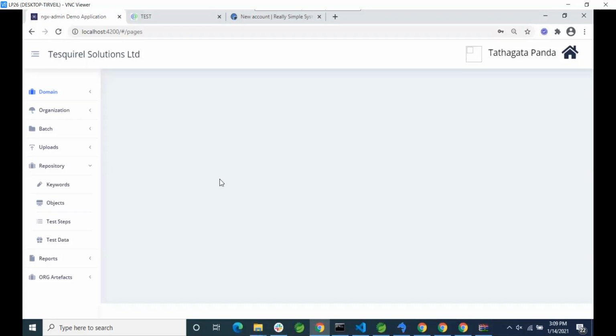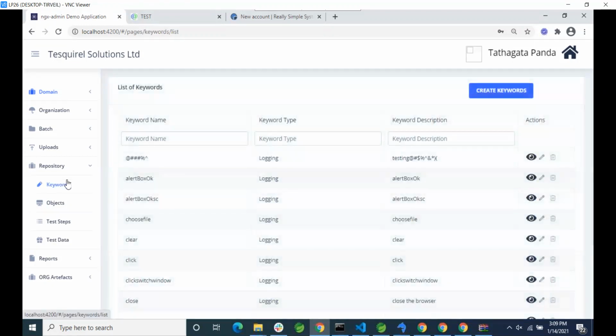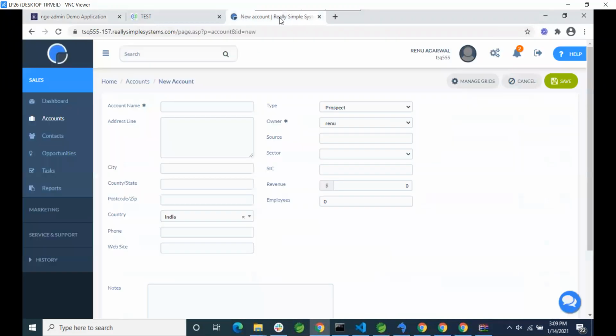In this demo, we will show how to use the inbuilt keywords for configuring the target application screens and objects in them, execute the test cases by using Excel data and verifying the results locally as well as in the ALM system. Now we'll see the simple CRM application account screen, wherein we will create an account and try to save the result.